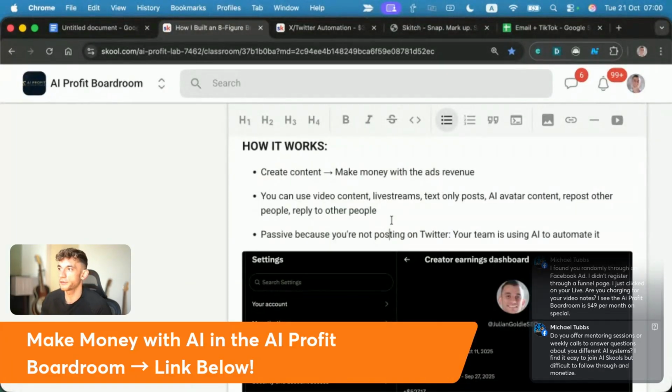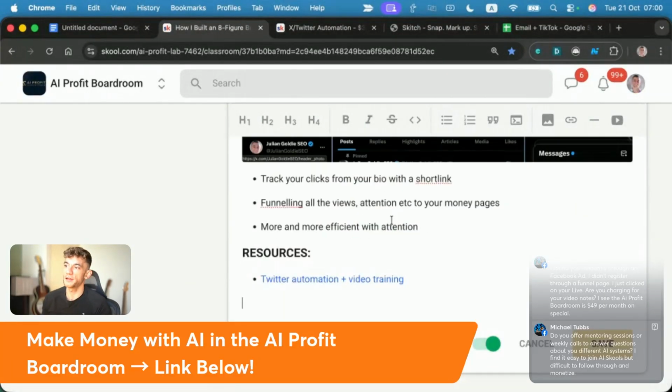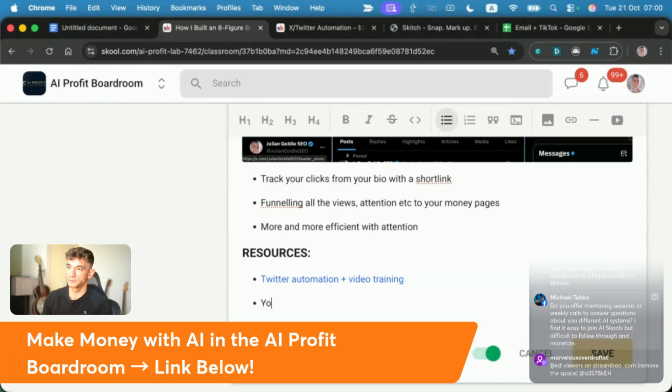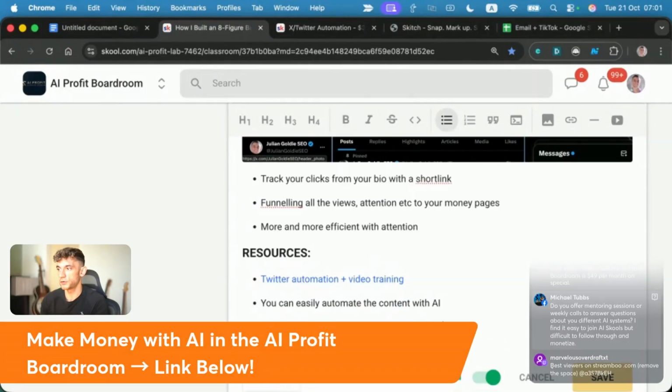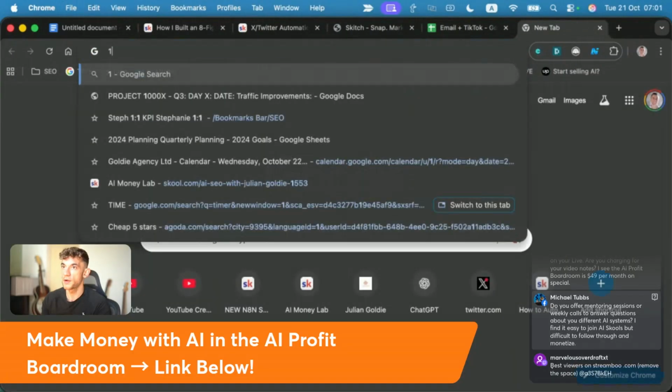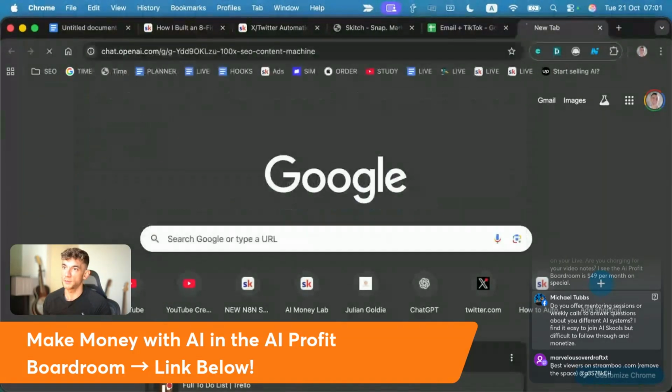And the other cool thing here as well is you can easily automate with AI too. So how do you do that? What you can do is build a custom GPT that creates content in your style, right? So for example, if you have a look at my 100x machine on ChatGPT,